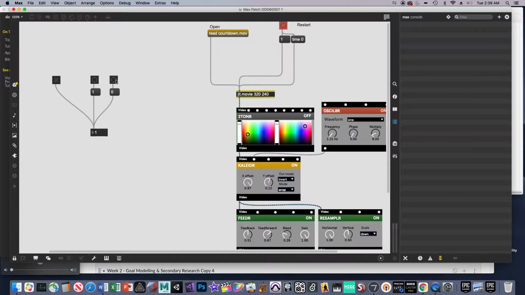Similarly, if we click here, it will send a 0. So this is a handy piece of code. It might seem at first glance to be incredibly basic and simple, and yes, it is. But nonetheless,